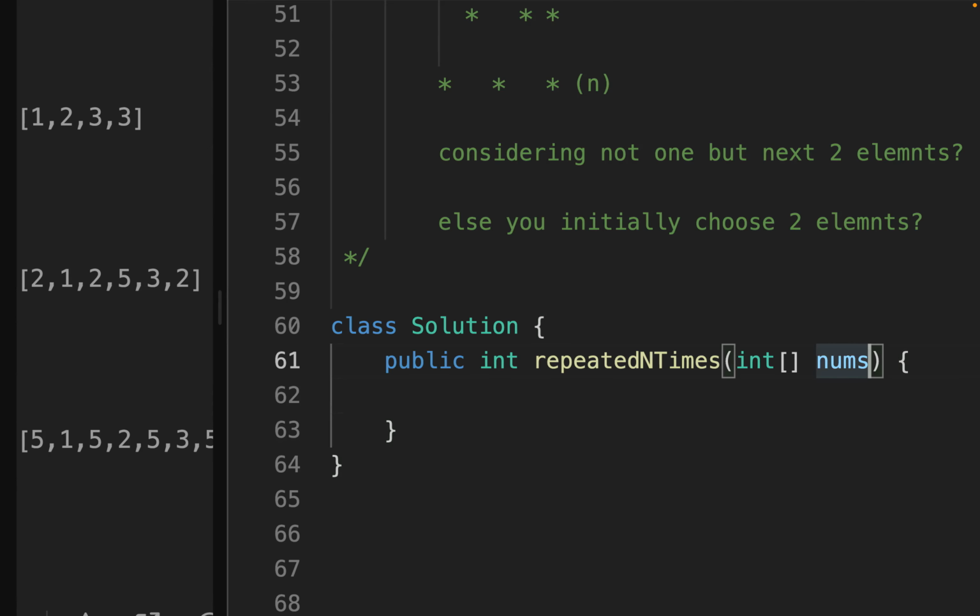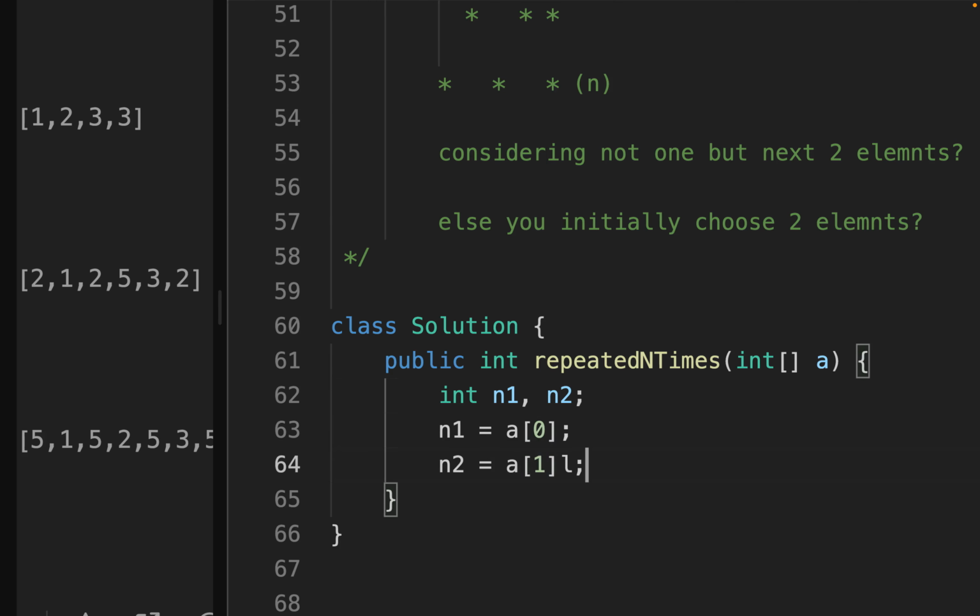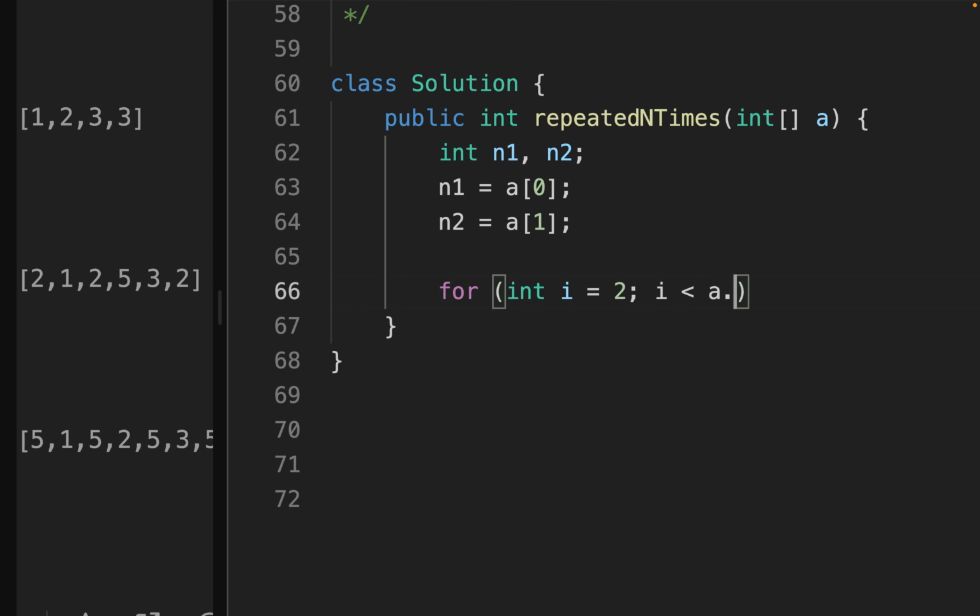So I'll quickly declare int n1 and n2. These are the 2 elements I'm choosing. n1 is the one element I'm going to ignore, a of 0. Then we have n2, which is the next element, a of 1. So for int i equal to, either 0 or 1, I'll take it as 2. Why? Because 0 is covered, 1 is covered. I'll improve my loop and start from 2. i is less than a.length and i plus plus. Now I'll